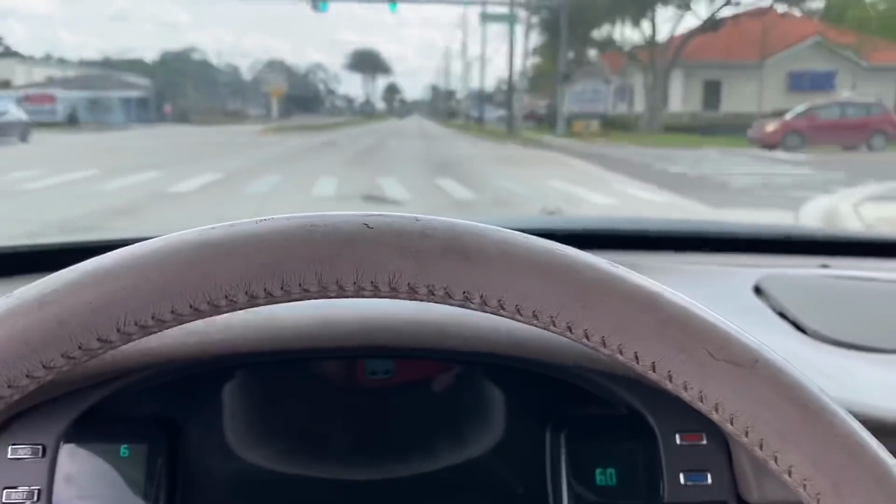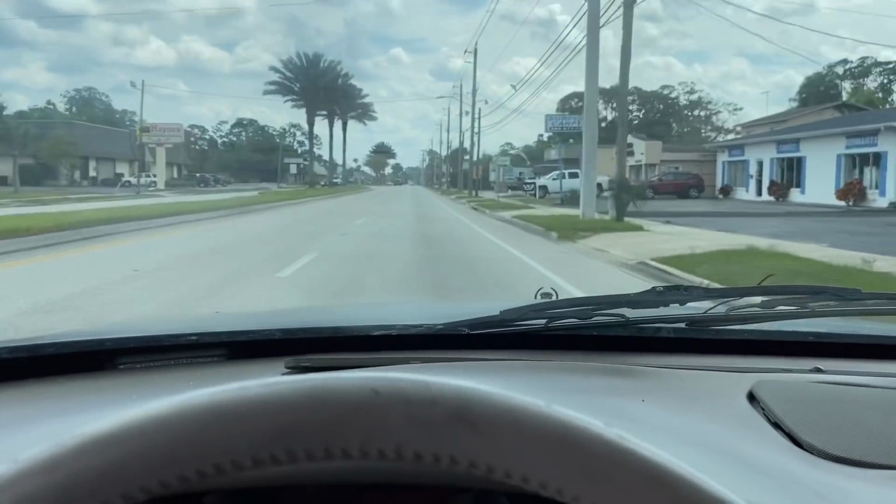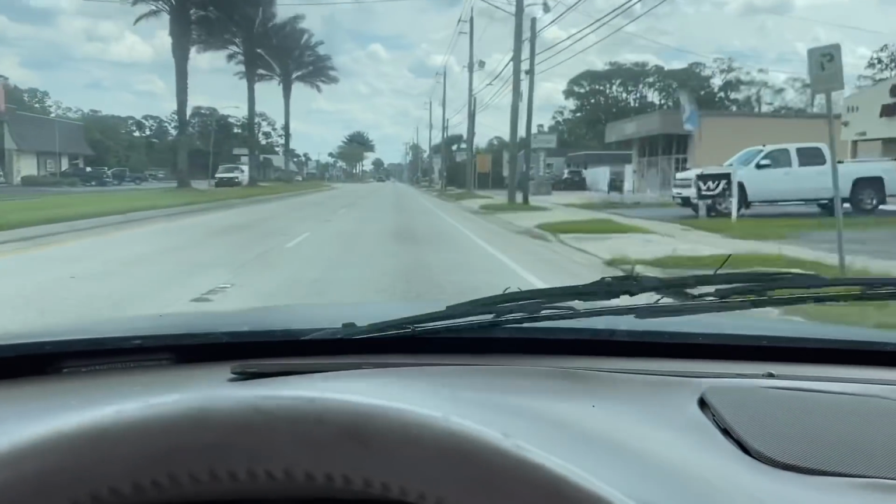The wipers are shot, by the way. I didn't get to show you that. And let me show you that. Wipers are shot, baby. So I think it's best if I load it on the truck, and then we'll take it on a road trip after we get the stuff sorted out that needs to be sorted out on it. But look, man, 250 bucks for a car like this,